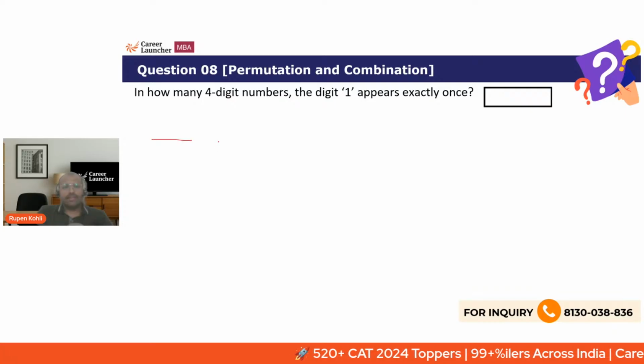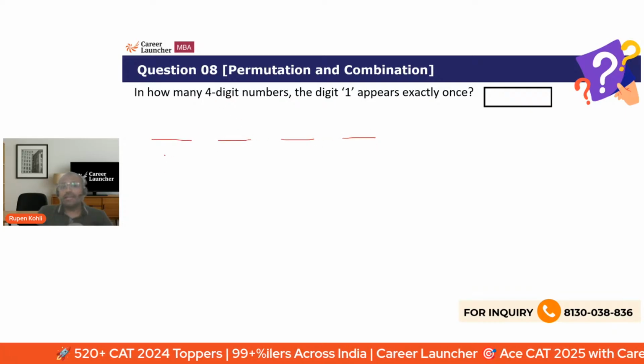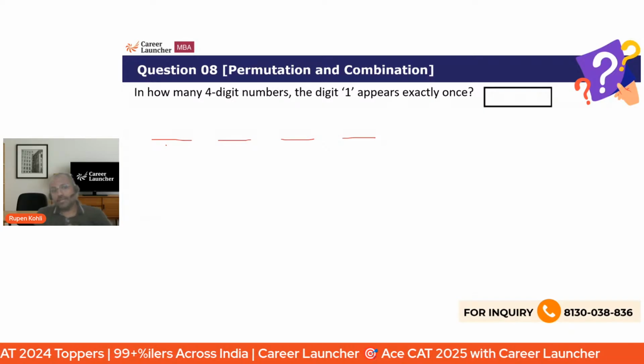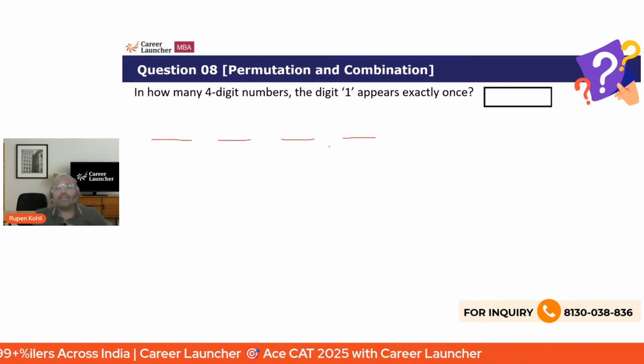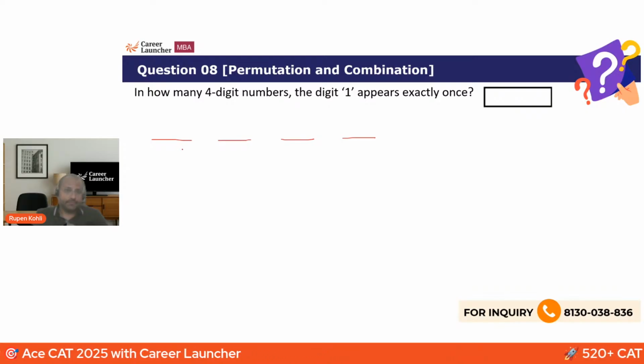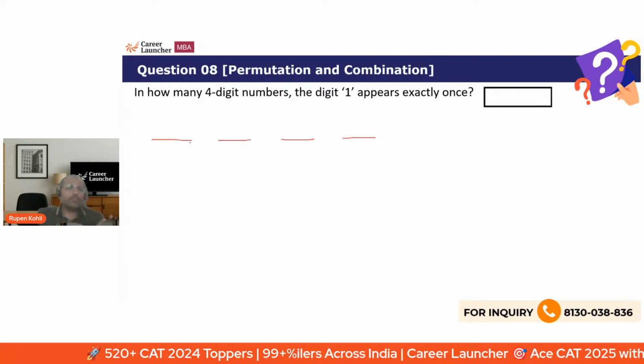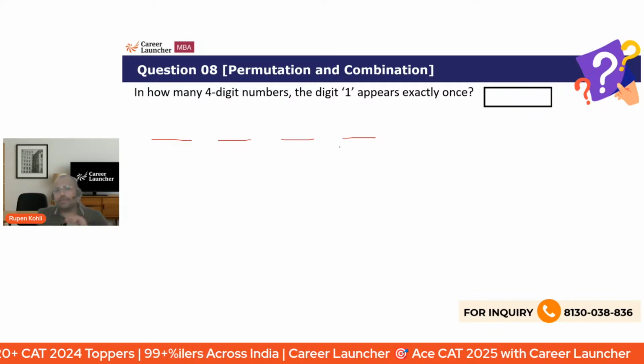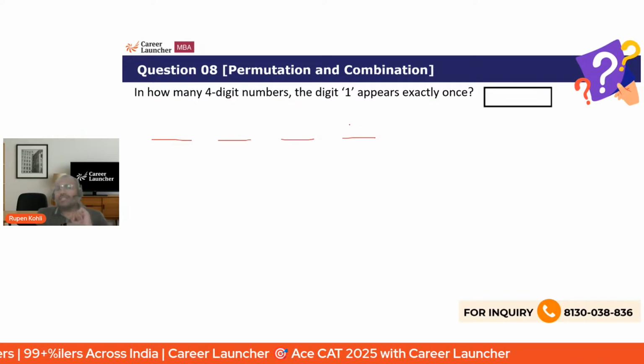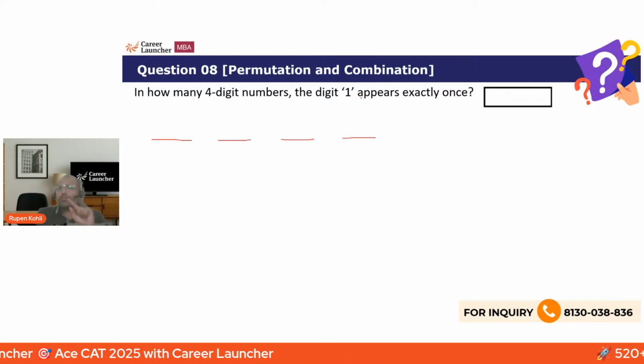Right, so in any digit problem, the primary constraint without being mentioned is that the leading digit needs to be non-zero, right? So apart from the fact that one needs to appear exactly once, zero should not appear at the thousands position. So that creates a distinction between putting a value at the thousands place and putting a value at the other three positions. So definitely this question requires us to form cases, for the reason that one has to appear exactly once.